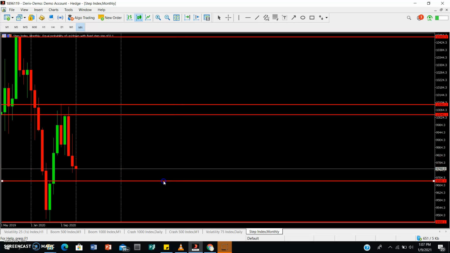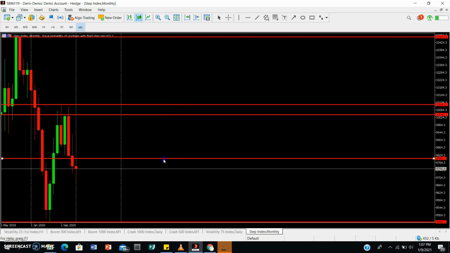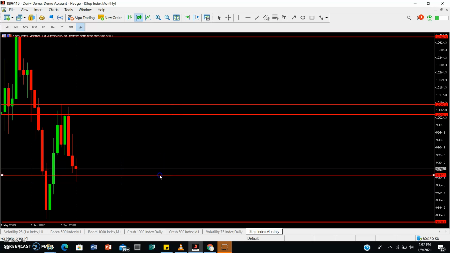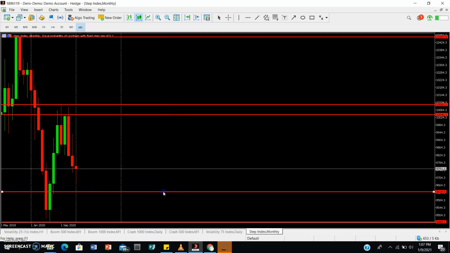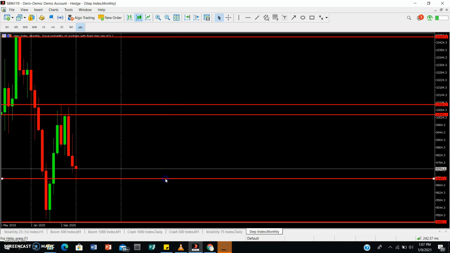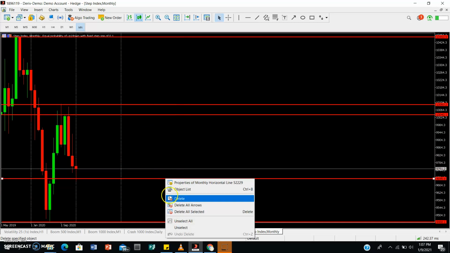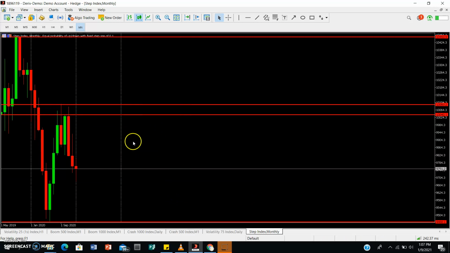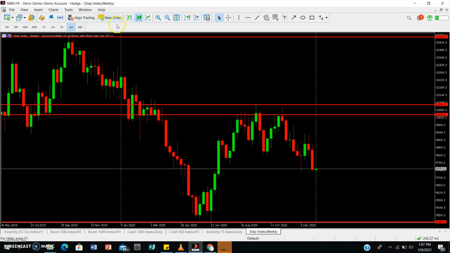in January. So I'm not going to put the line on because this is not a closed candlestick. This is still running. It can either continue going down or it can stop. So I'm just going to delete this and see what we have right here. So this is our monthly time frame. This is basically what happened from 1 May 2019 up to January 2021, right? Okay, so let's go to our weekly time frame so that we get a little bit of